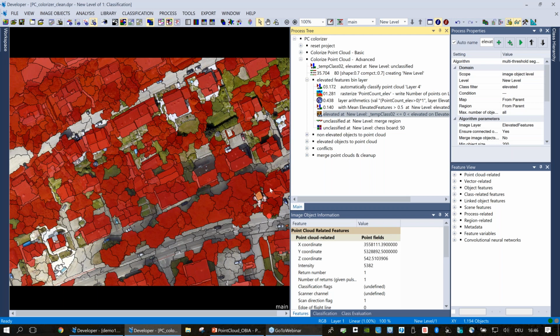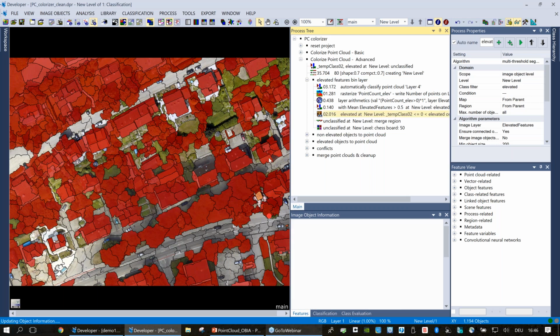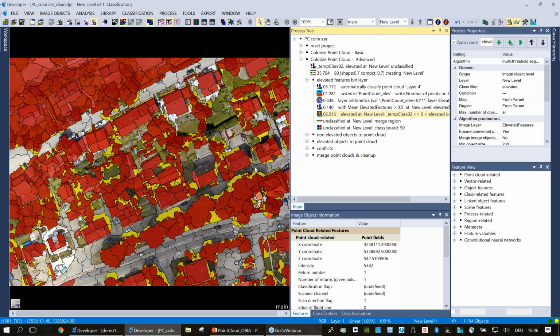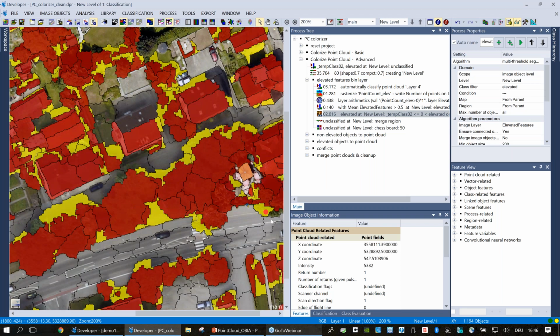And here we'll let this run, and we start to see now these objects that we're going to consider conflicts. So we know that there's something appears elevated in our image, but not necessarily in our point cloud. So we want to identify these so we can handle them when we make